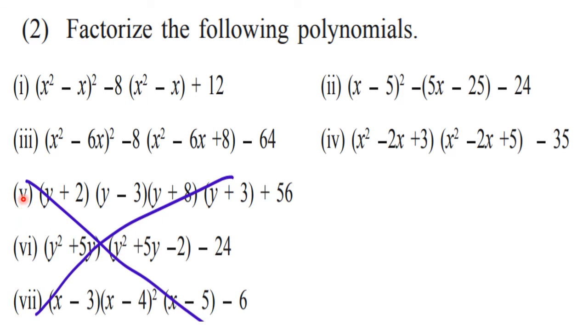Okay. Now let us move ahead. We will solve this first one first. Question number 1 here is x square minus x the whole square minus 8 times x square minus x plus 12. So here this equation is not simple. This is little complicated polynomial here we can say. And here after simplifying also we will get very big numbers, and it will take time also.